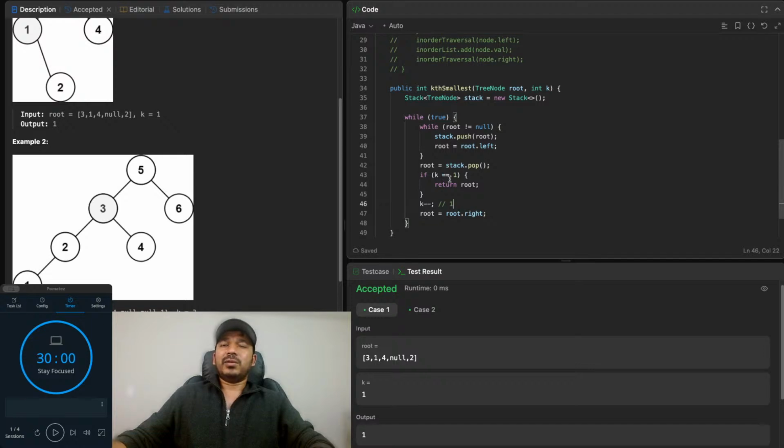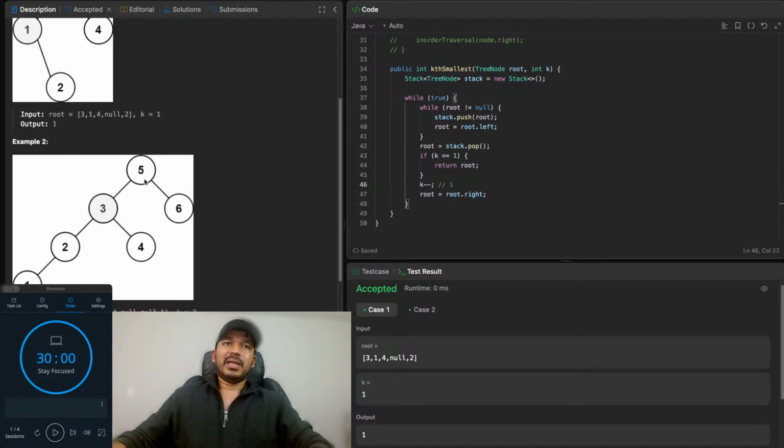So now root is equal to 5. And then is k equal to 1? Yes, k is equal to 1. And I return this node itself. This is the fifth smallest element: 1, 2, 3, 4, 5. That's how it works. So in the same way, I just took the fifth smallest element because if I had